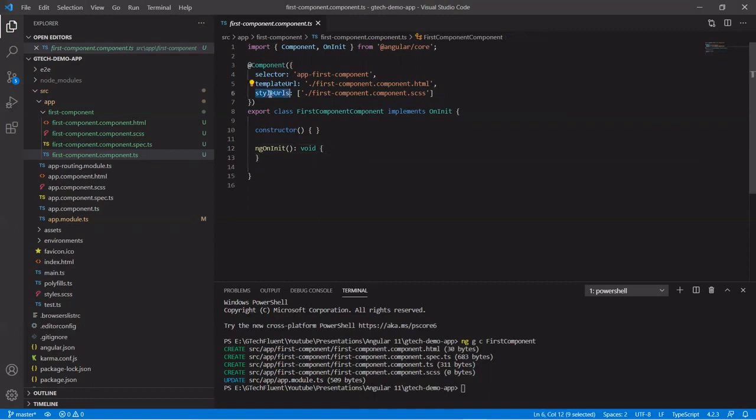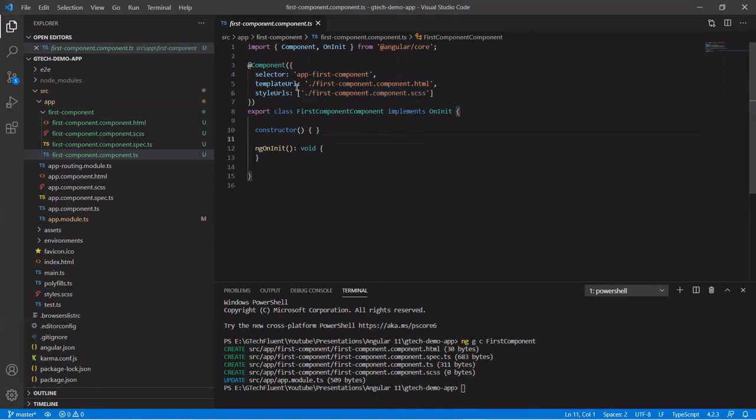Next, we have styleUrls. It contains the CSS styles or style sheet that this component needs. Here we can use either an external style sheet using styleUrls or an inline style sheet using styles. The styles used here are specific to this component only.